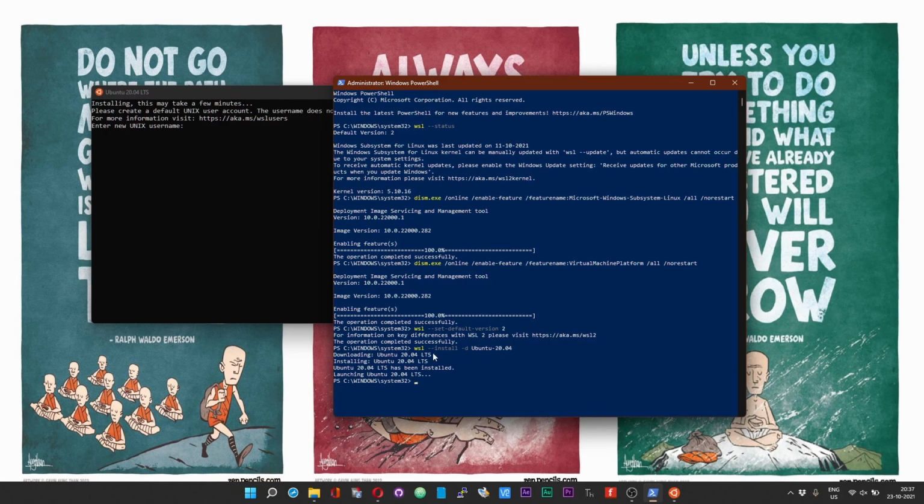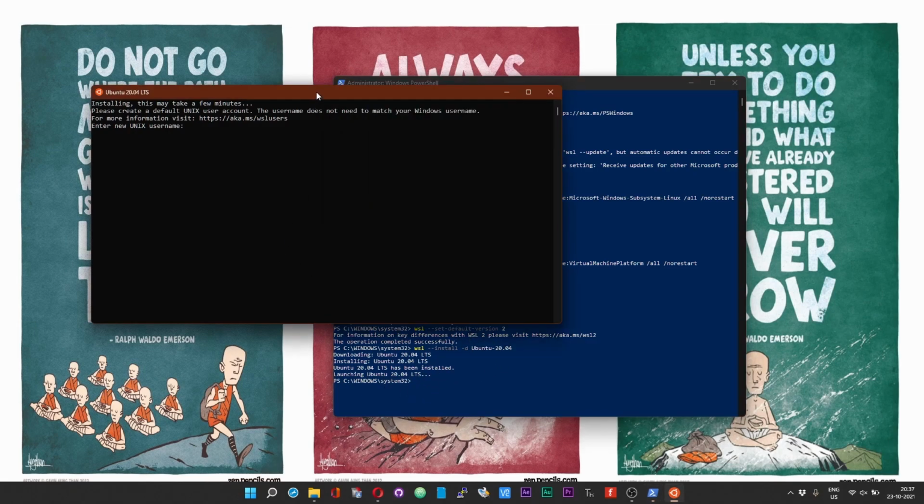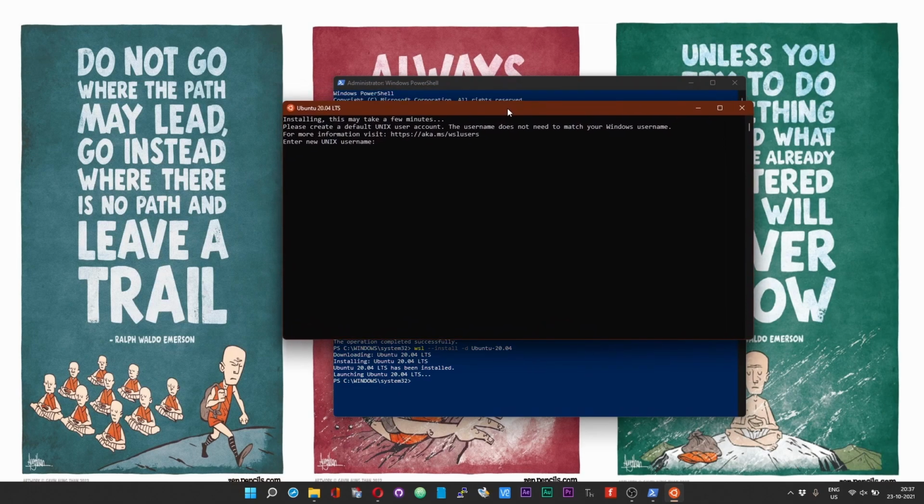Okay, so immediately after the successful installation of Ubuntu, you should get a new pop-up window or a terminal. In the terminal, just follow the directions and give a username for your Ubuntu machine.